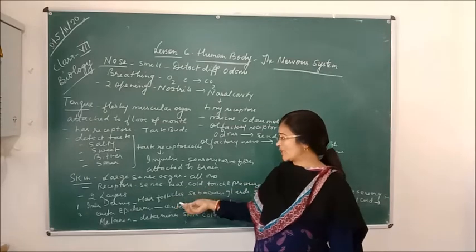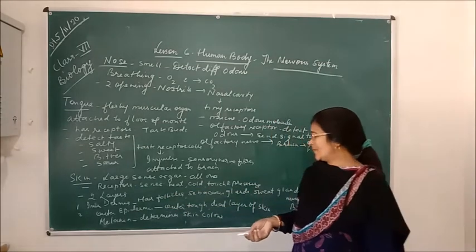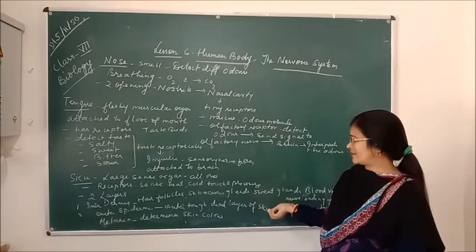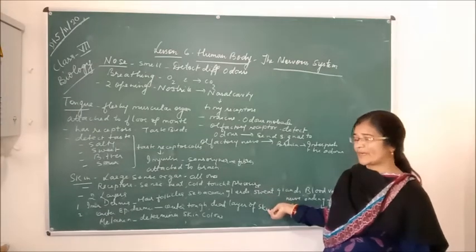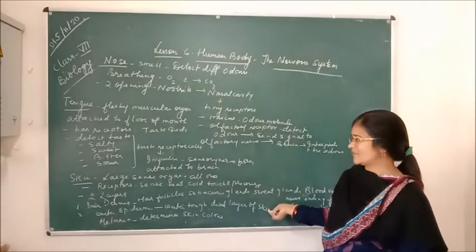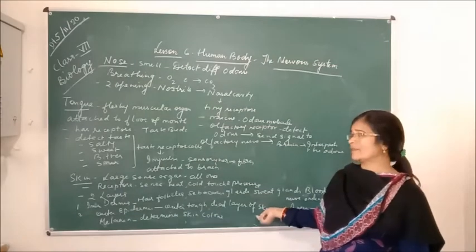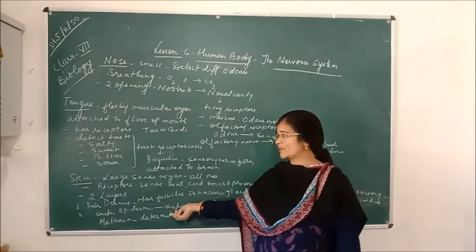First one is the outer epidermis and the second one is the inner epidermis. The outer epidermis is tough, made of dead layers, and in the outer epidermis only the melanin is present which determines the skin color. So the color of the skin can be determined by the melanin which is present in the outer epidermis of the skin.